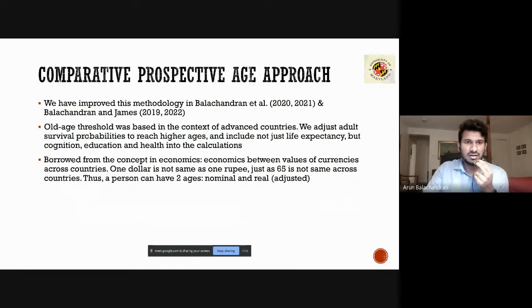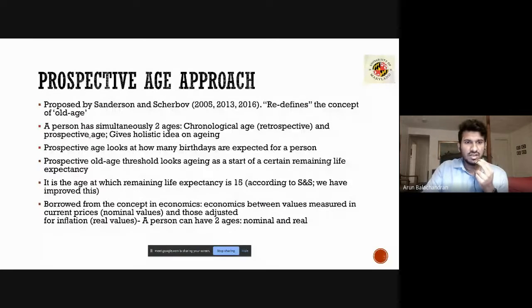So this idea of having new measures of the elderly that we developed is based on new discussions happening in Europe from 2005 onwards, particularly based in Vienna, by the authors Sanderson and Scherbov. They define something called the prospective age approach, and their argument is that a person can simultaneously have two ages: their chronological age and their prospective age. Chronological age refers to the traditional, retrospective way of understanding, the number of years lived, whereas prospective age looks at the number of years to be lived, the number of birthdays a person is